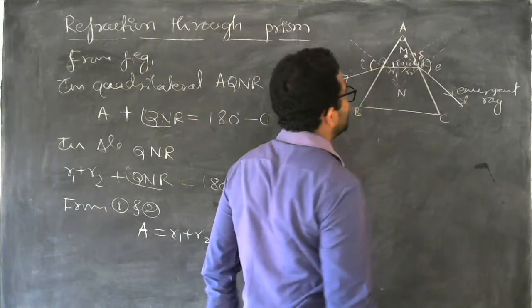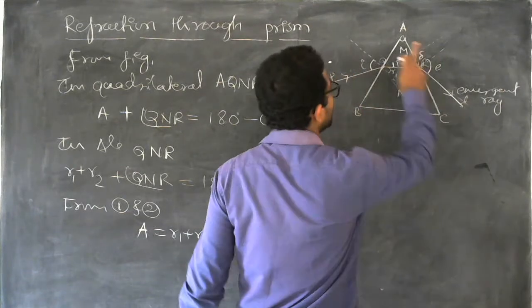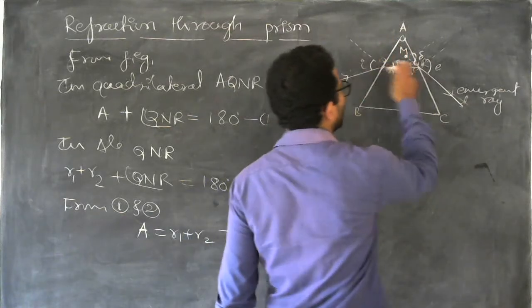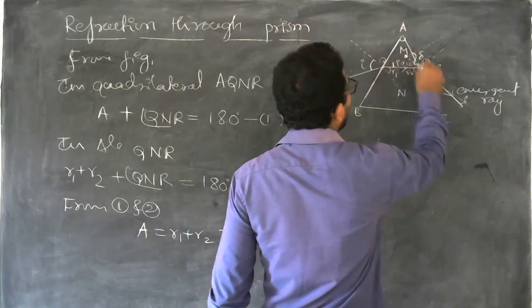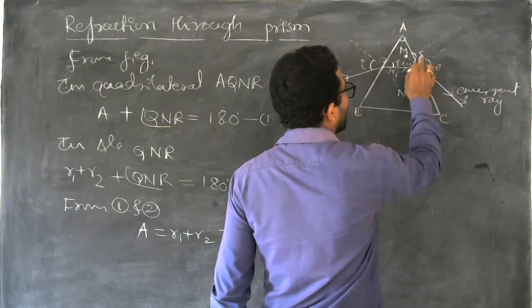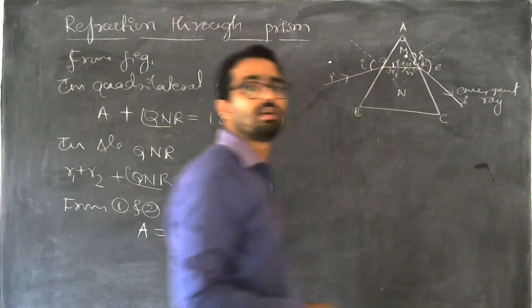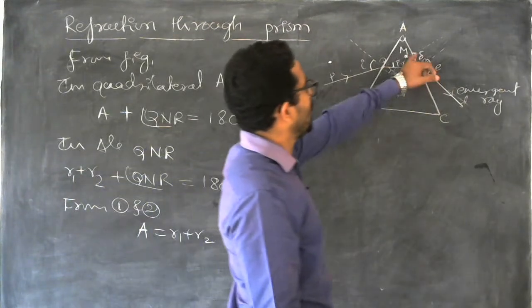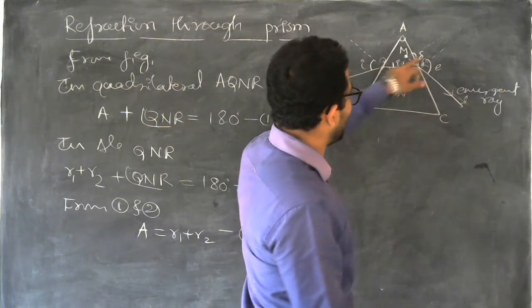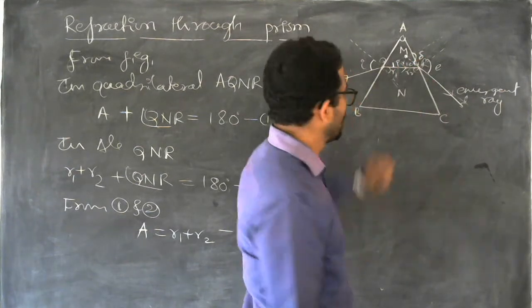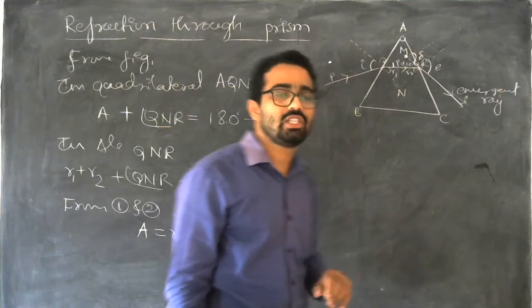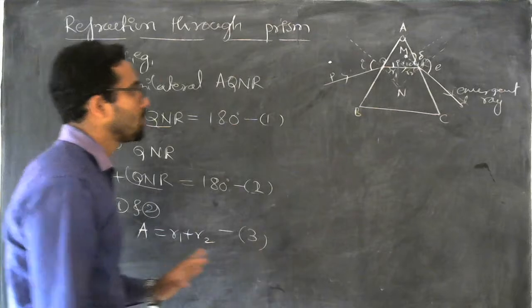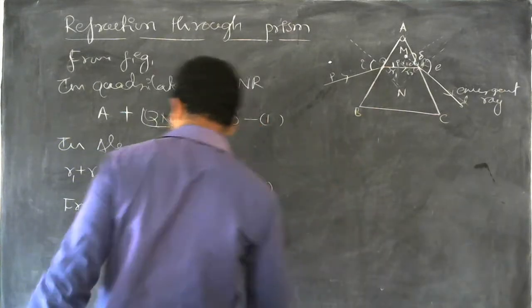Now, let us consider one more triangle, that is MQR. Triangle MQR. And in the triangle MQR, there is an angle delta. So it's the angle of divergence or angle of deviation. So the angle of deviation is delta. That is an external angle. So we know the law of triangles that the external angle is equal to the sum of the interior angles. We can use that result here.